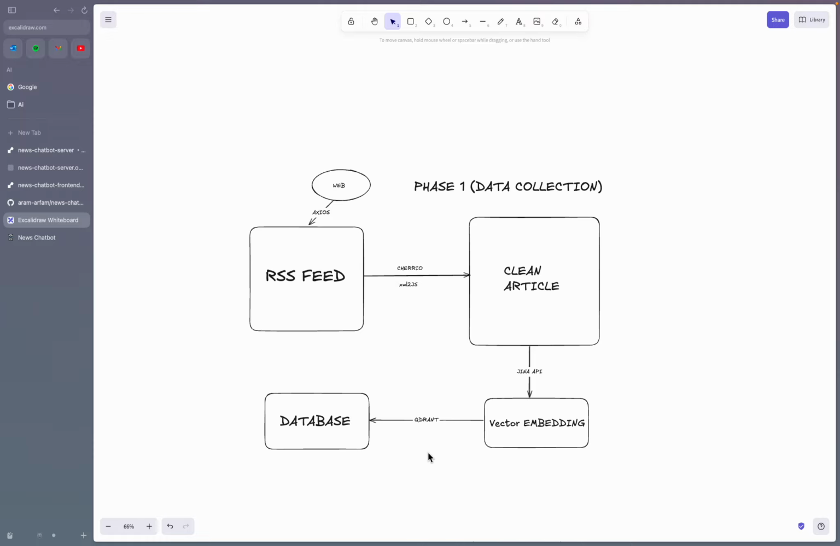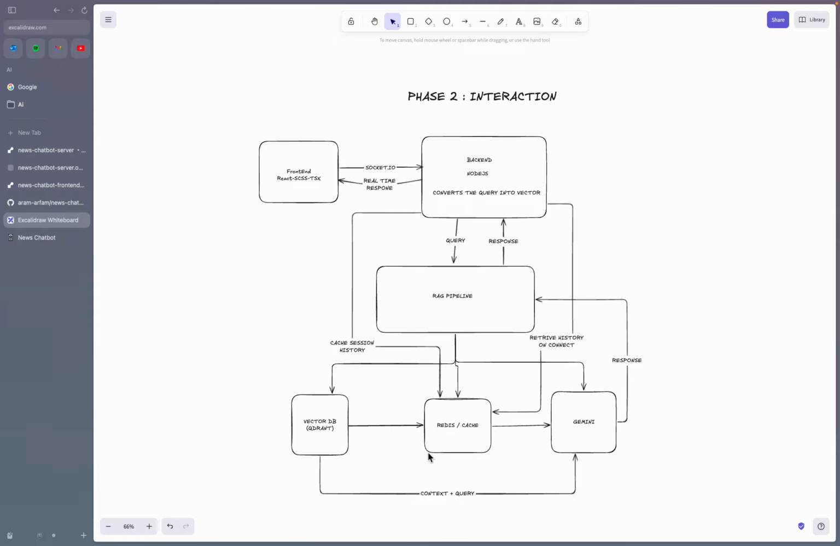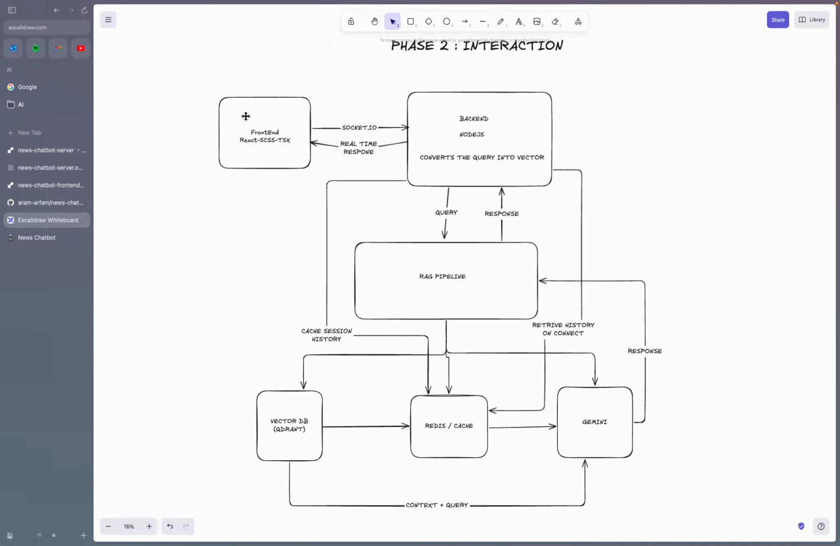After our database is created, now let me take you through our phase 2, where our front end, which we have built on React and TypeScript, uses SCSS for styling. We have also implemented Socket.IO, making it real-time communication. We also have some REST APIs and HTTP requests for single-time usage, creating a mixture of both. So when a user sends a query, it goes to our Node.js backend, and that query is transformed into